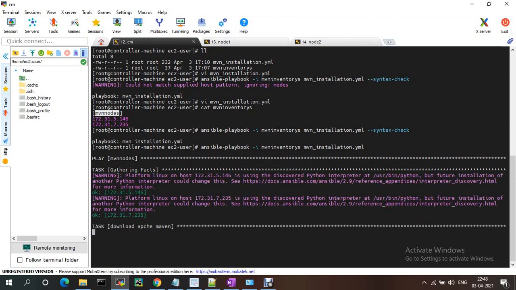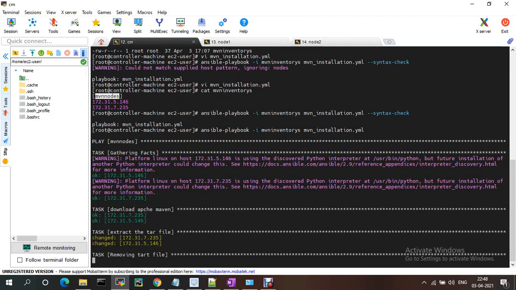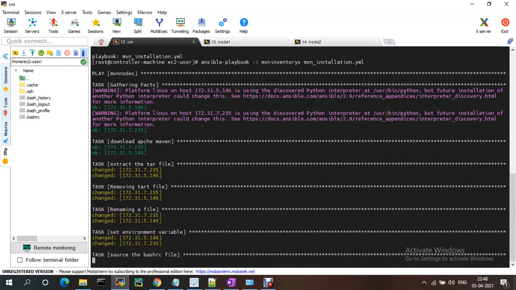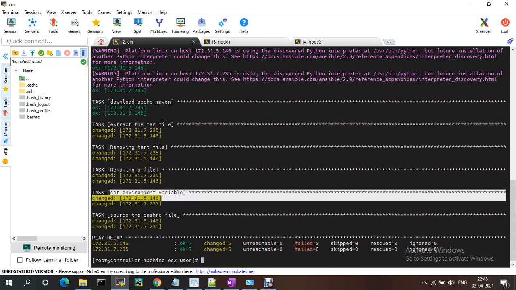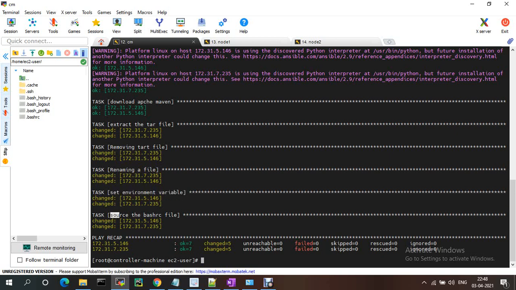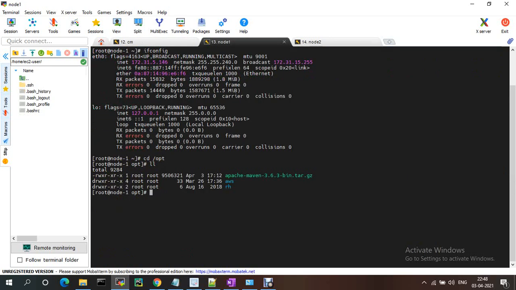Now try to execute that one. Automatically, the tasks should be executed one by one: download the Apache Maven, next extract it, remove the tar file, rename the file, set the environment variables, and source the bashrc file. It should be everything good. If you go now and check mvn -version. Sorry, I just need to duplicate the window.